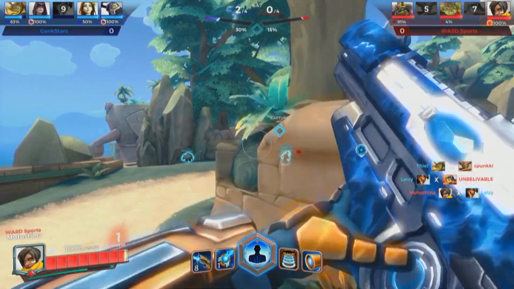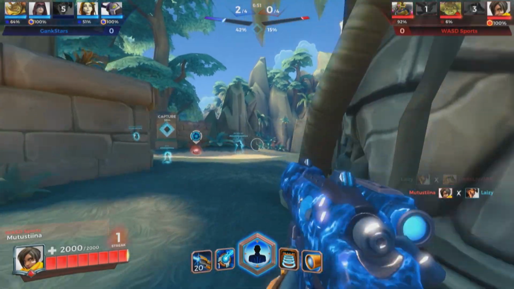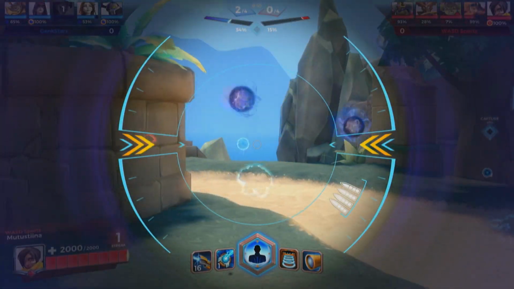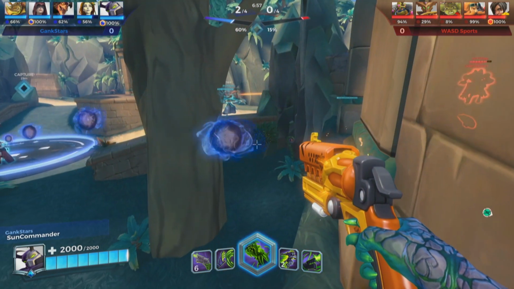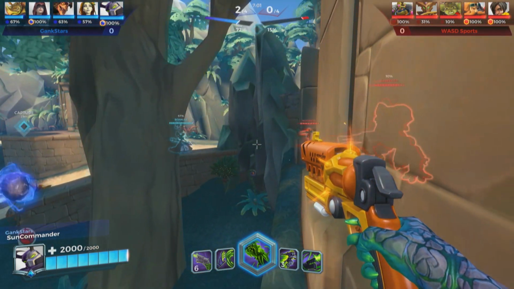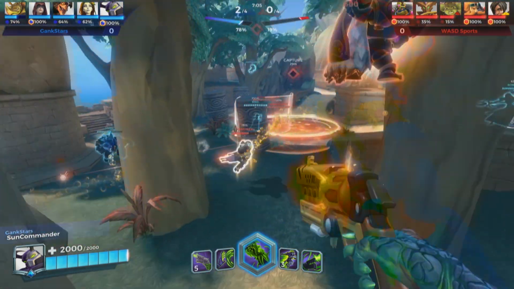And a lot of that comes down to, you saw Thiel come up to pressure out Mutustiina, gets unbelievable Peel as well, and just holding this 2v1, giving his team the man advantage. GankStars easily win that fight with the man advantage, and then they collapse, clean it up, now in a 66% lead. We're not seeing Ruckus, I think, have the type of impact that we've seen Bitey in North America have